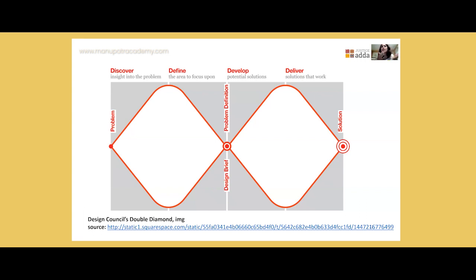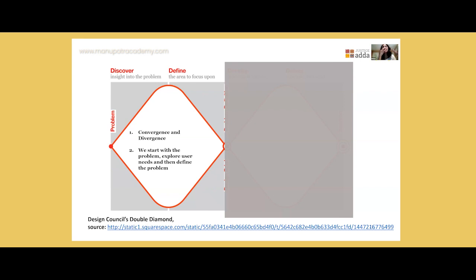As you can see, the double diamond approach is really about constantly diverging, considering all your possibilities, and then converging, so that you have a host of different possibilities and ideas that you've considered before really landing on a particular solution, right? And prototyping it. So the first diamond in this process is discover and define, where you're trying to initially diverge and understand the problem space.